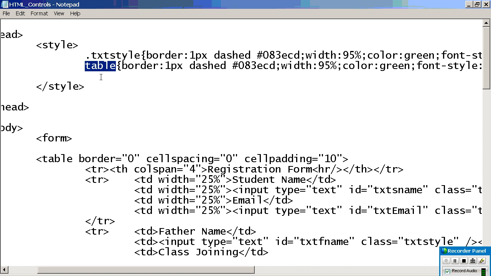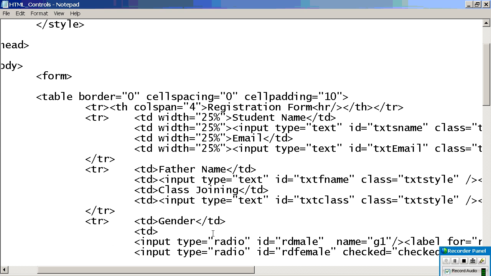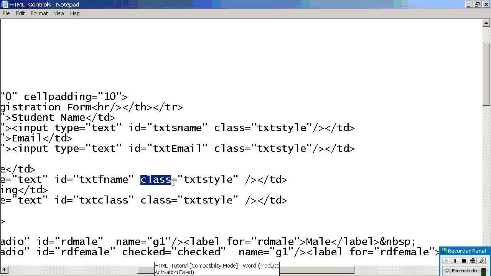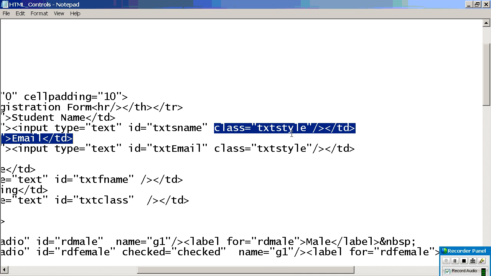This is the style I am going to give for all of the tables present in this page. Now in the same way here, I am not giving this one a style name. Imagine I am removing it everywhere.